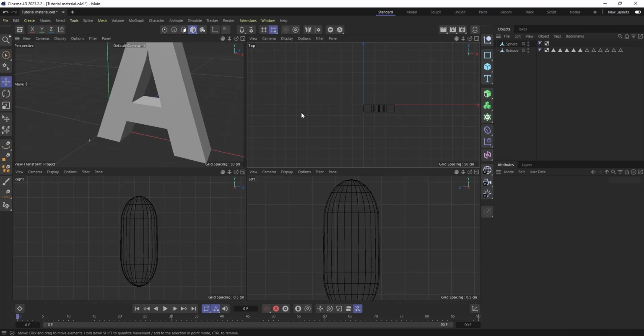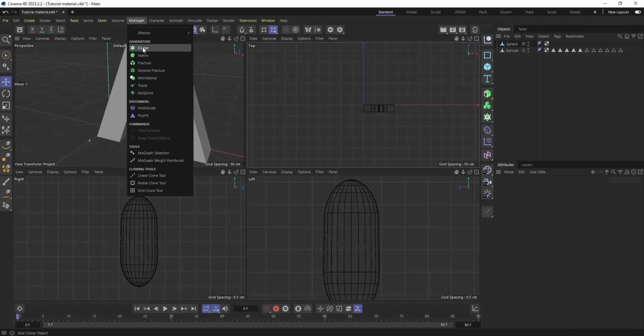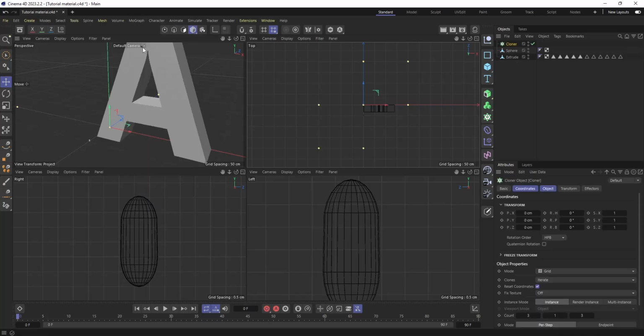Now all we have to do is to duplicate this stone that we just created like this. There's a tool in Cinema 4D. Head over to MoGraph. It's called Cloner. Cloner is a tool used to duplicate a 3D object. We want to make the stone